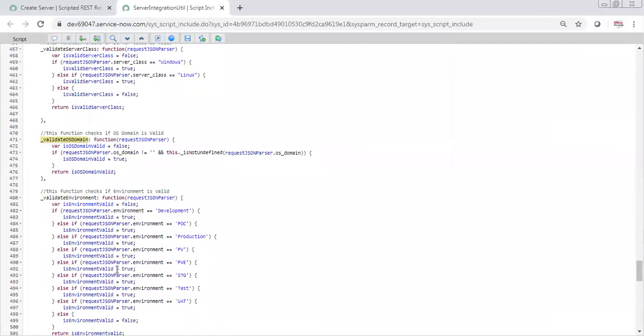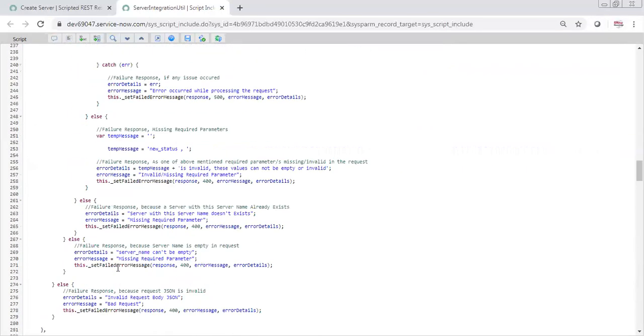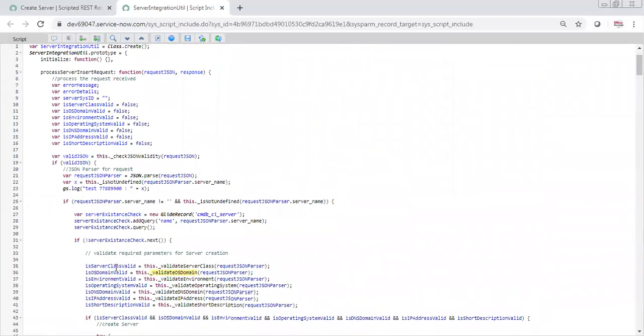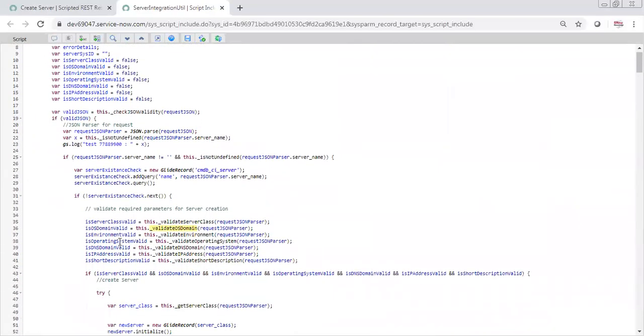Okay. So this whole script we have written in a script include, right? Yeah, because if you think about writing this much there, it will be very difficult.